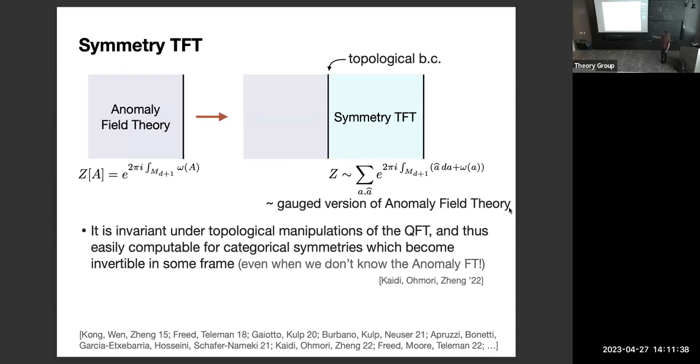I mean, this work studied how to describe the symmetry TFT for general non-invertible symmetries with some caveats. But in general, I don't have such an explicit construction, and so this is less useful. But these are sorts of active things that people are thinking about. But that's particularly why this is going to be so useful for us.